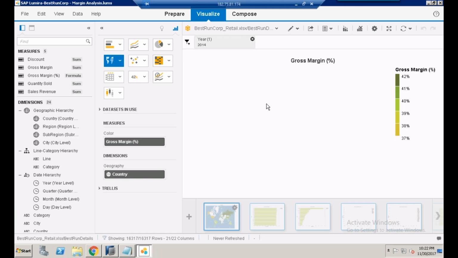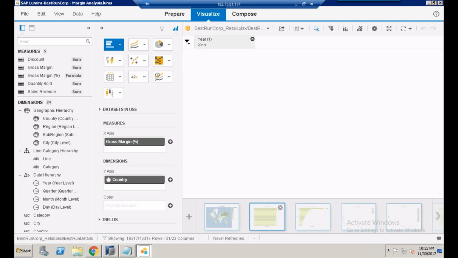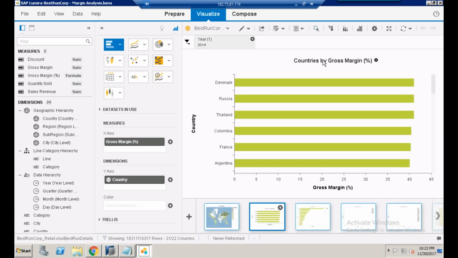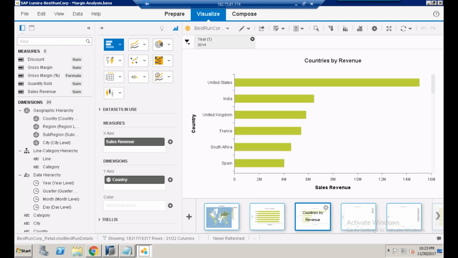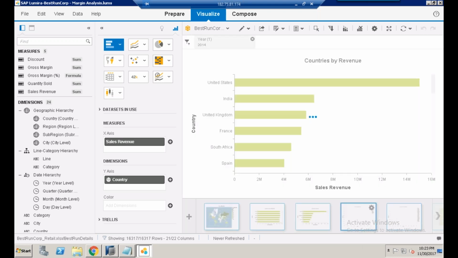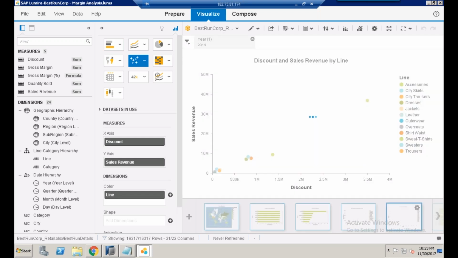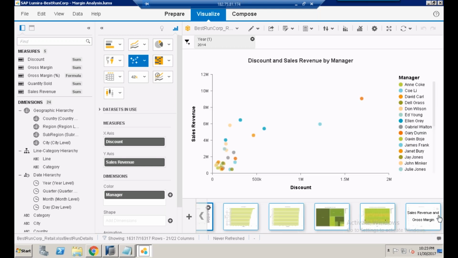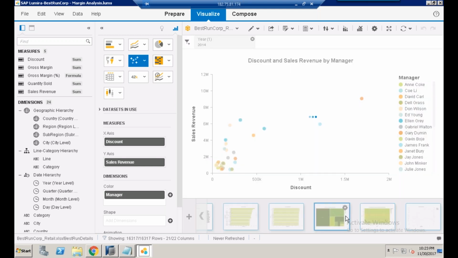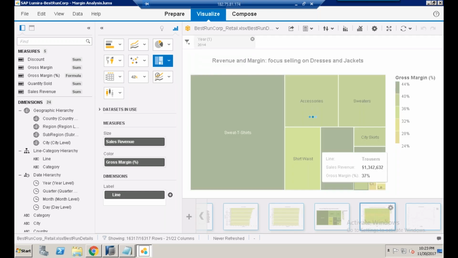So this is the SAP Lumira. So you can see countries by gross margin. Everything is so smooth. It's self-service. Countries by revenue. Heat maps, you can generate heat maps. Focus selling.